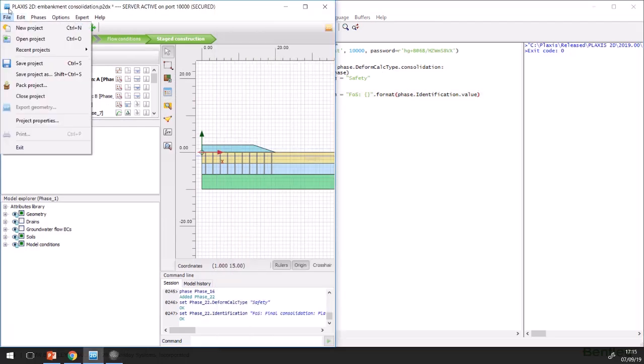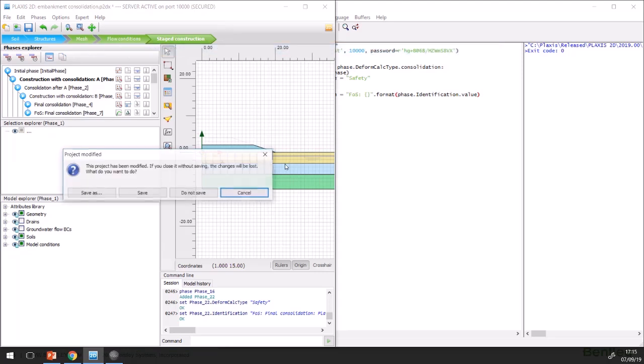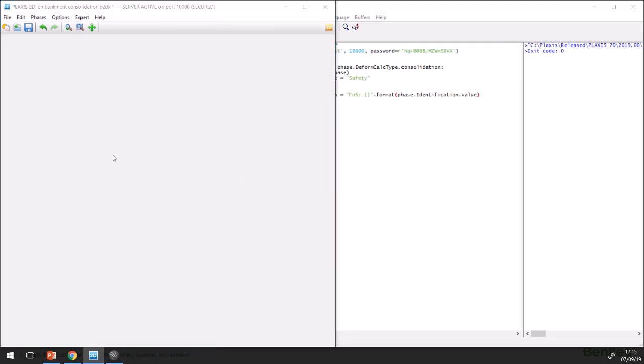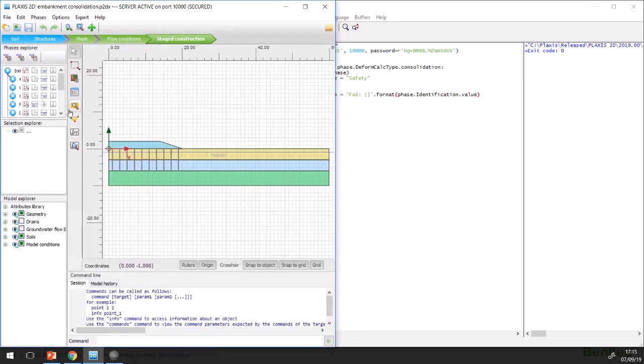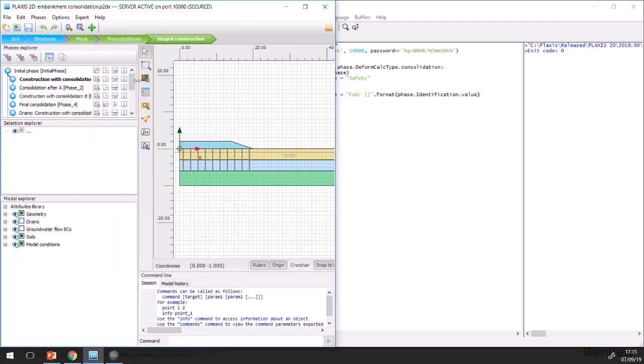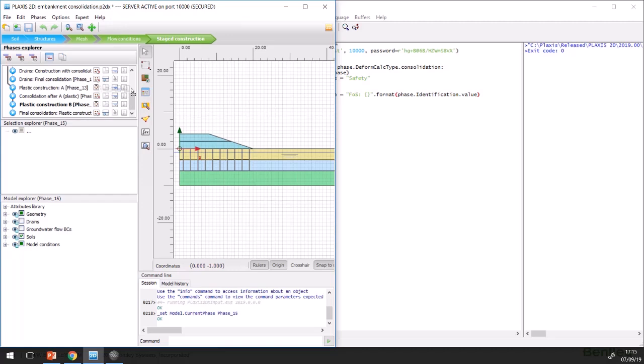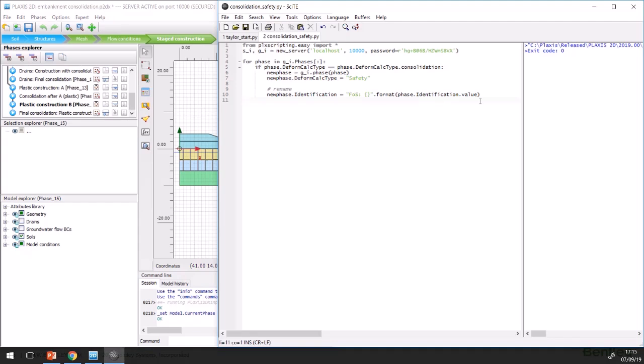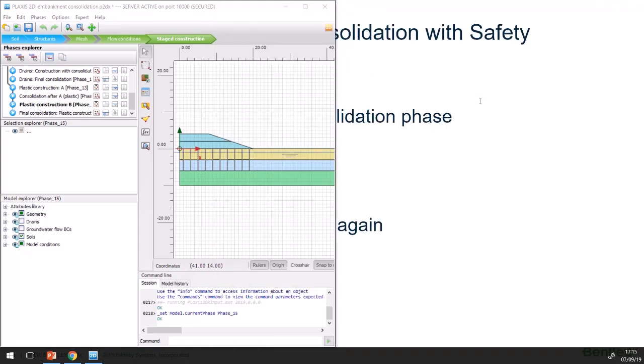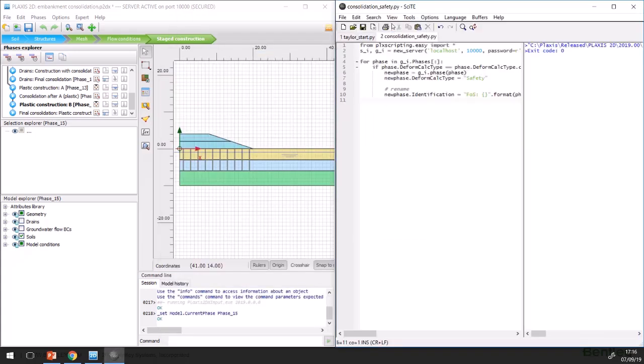So if I just go back to the situation where we don't have the safety phases. So let's make this a bit bigger. Now you can see we don't have any safety phase. We can see here on the icon that we just have consolidation and plastic phases. Okay, so we have this one. Oh, I lost my thing here. So